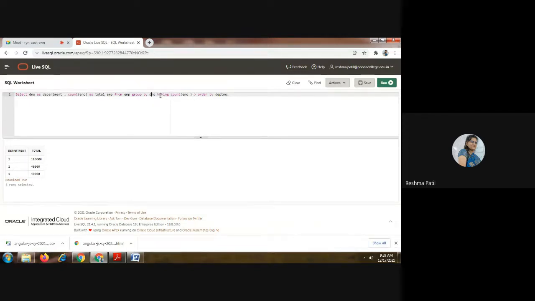Then having. If we are using the group by clause, then we cannot use the where clause. Instead of the where clause, you will write having. Here is the condition: having count of E number. So the total count you will get, for example, for the first department the count is 2, is greater than, here you will write that number, for example, greater than 1.